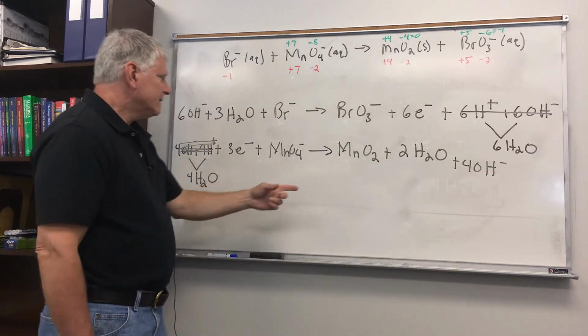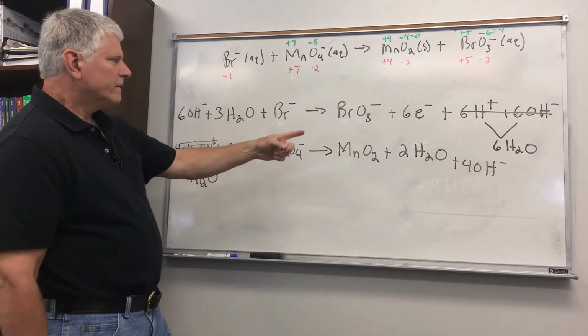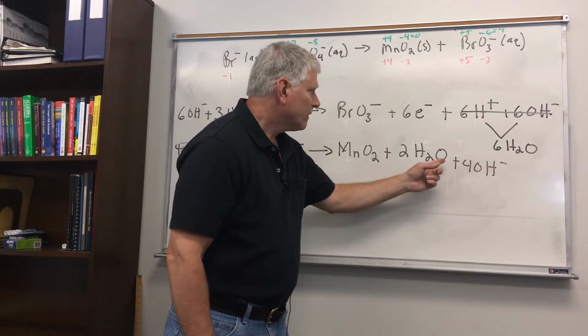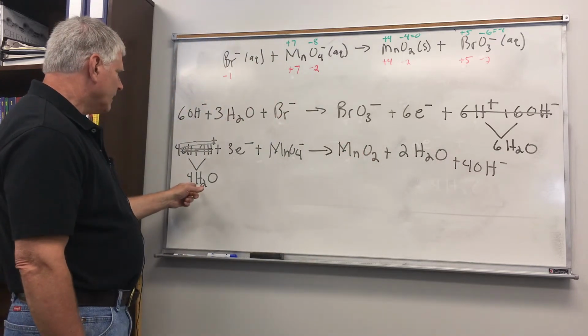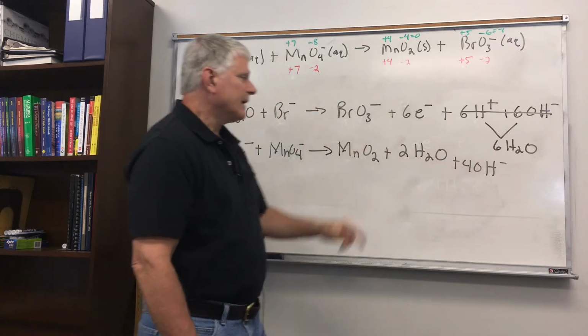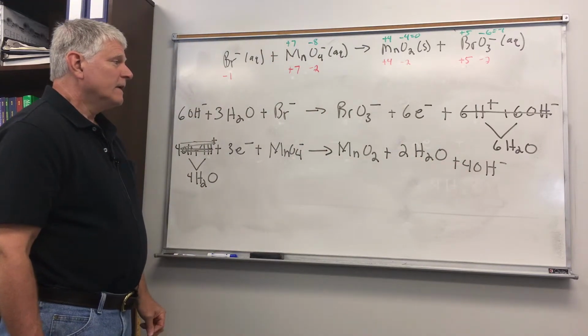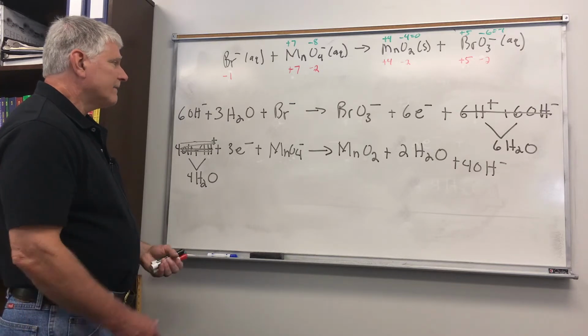1 manganese. I have 4 plus 4, 8 oxygens. So I have 4, 2, and 2. So that's a total of 8. And hydrogens, I've got 8. 4 plus 4 is 8. So everything balances. So now I'm ready to add the 2 half reactions, but I have to make sure the